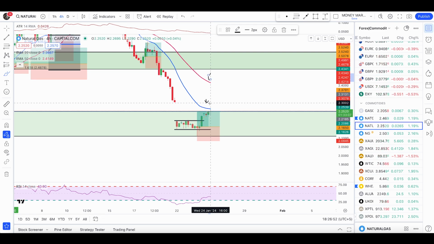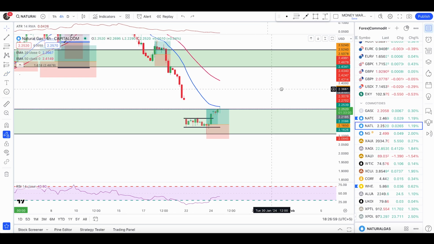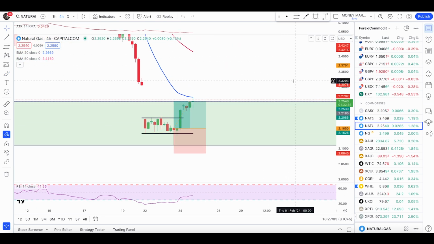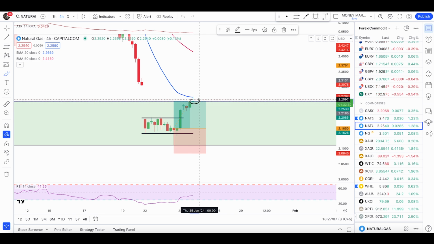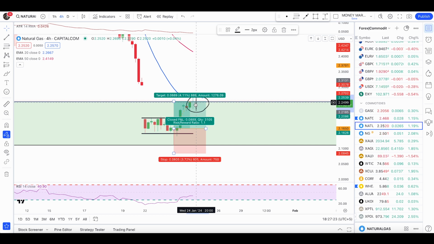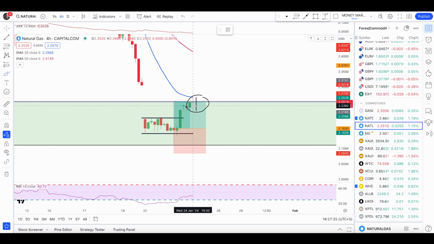Wherever I get a signal, I will enter my trade. Now, the condition I want to give you to look at is, at this point, if this current candle closed as a green candle, doesn't matter if it's a doji, but the color must be green. If it closed as a green candle, and then we have a next candle as a bearish engulfing candle, in that case we will have a sell signal, and I will again go 1 ATR for the targets